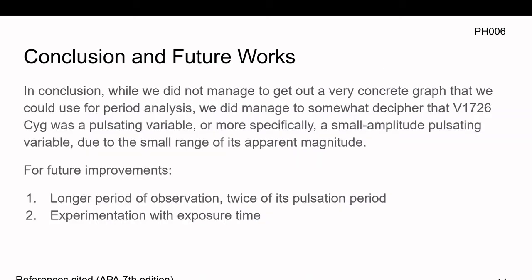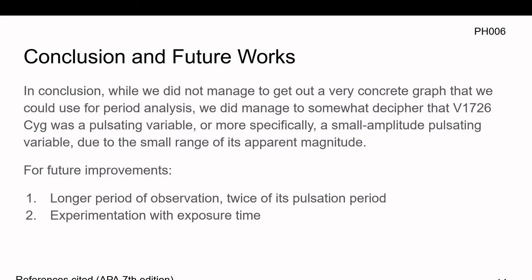To roughly determine the type of variable star it is, we can eliminate the obvious candidates first, such as eclipsing binary, which is known for its distinct plateau-like shape at the top during the eclipse. We can also eliminate irregular variable stars because of the regular magnitude range. Our target changes to and fro, and the star is also not an eruptive variable star because it does not have hidden bursts in terms of magnitude,